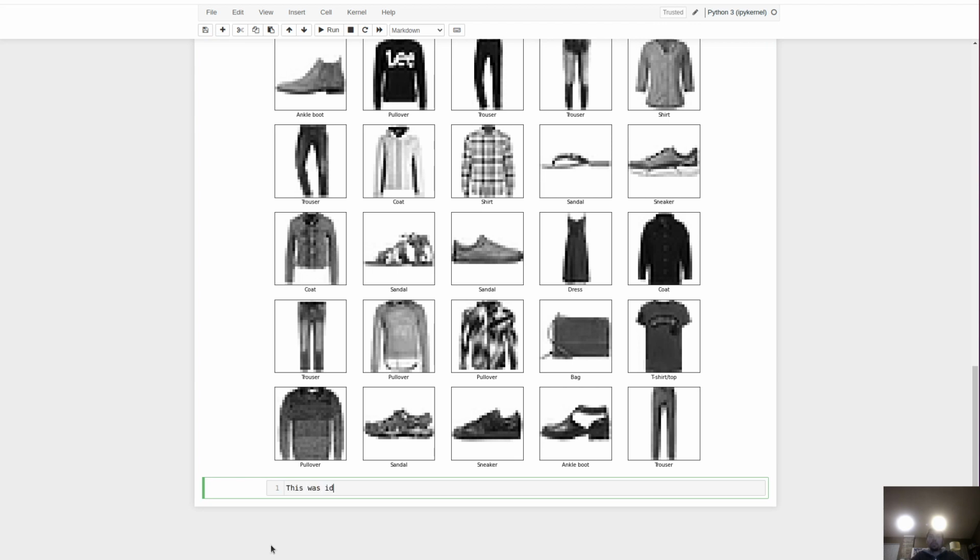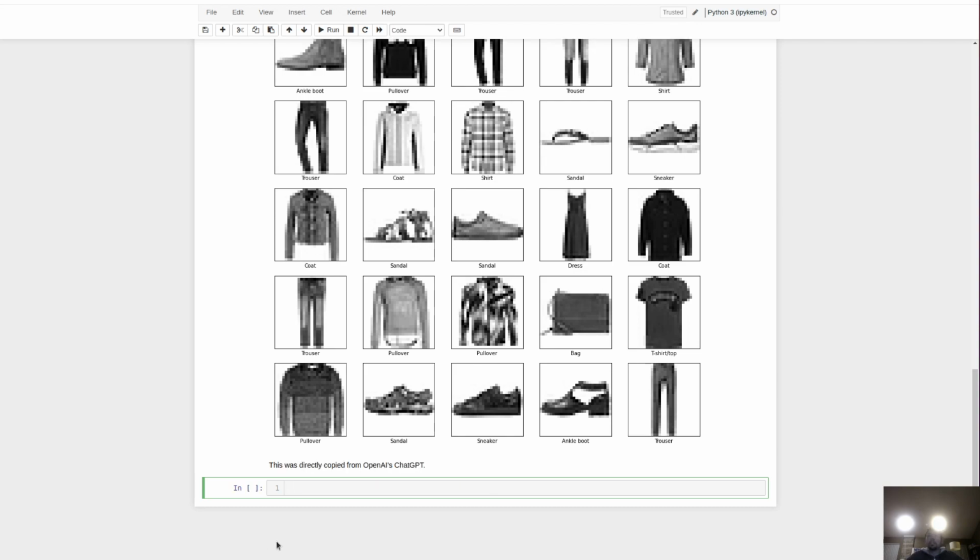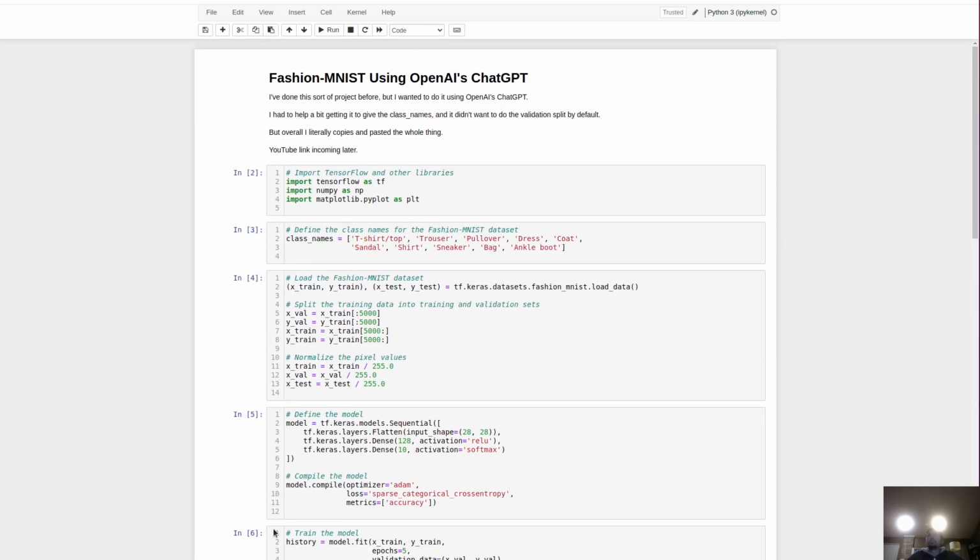This was directly copied from OpenAI's ChatGPT. Okay. Man, that's cool. All right, well, 23 minutes. It's a little longer than it should have gone. I kind of had to go in circles with them a bit, but let's see.